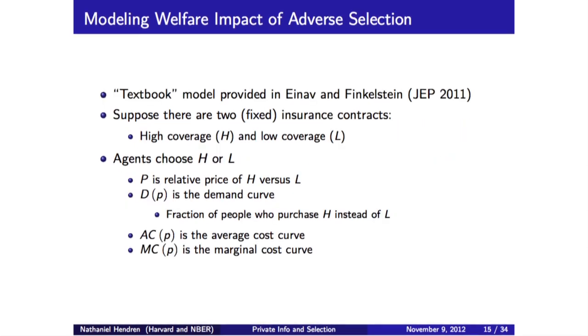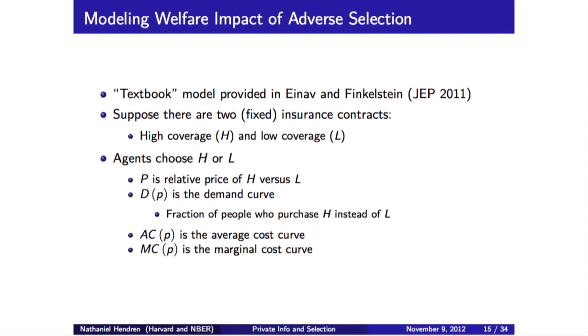One of the nicer papers recently that tries to clearly map reduced form estimates, not a positive correlation, but something like it, to the question of what's the welfare loss from adverse selection, is a paper by Einav and Finkelstein in the Journal of Economic Perspectives. Actually, the actual welfare estimates come from a paper that they did with Cullen in the QJE in 2010.